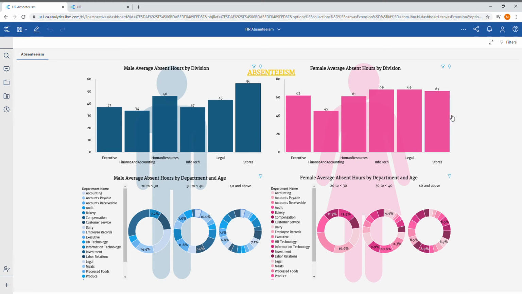On the right-hand side of the dashboard we have the same thing: a column chart on top for the females divided by the divisions of this company, and below that three pie charts for the age groups divided by the department names within each division. Now, before we go any further, I'd like to point out that this is fictional data,